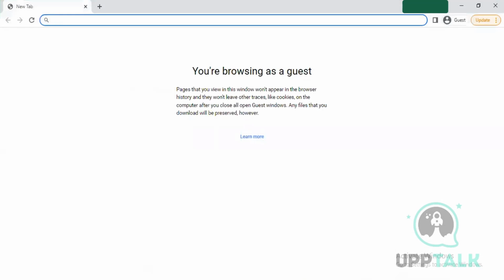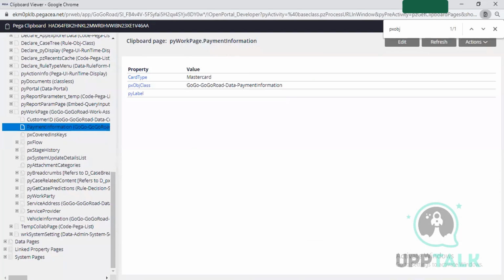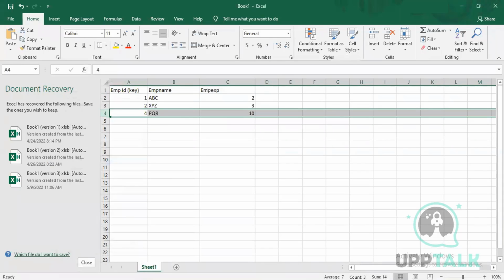Yes, Suman. And you have a page list. Page list also I will explain. What is a page list? A page list holds a list of records. If you want to fetch all the employee details, then in an organization there will be so many employees, right? If you want to fetch all the employee details who have experience greater than 1 year,